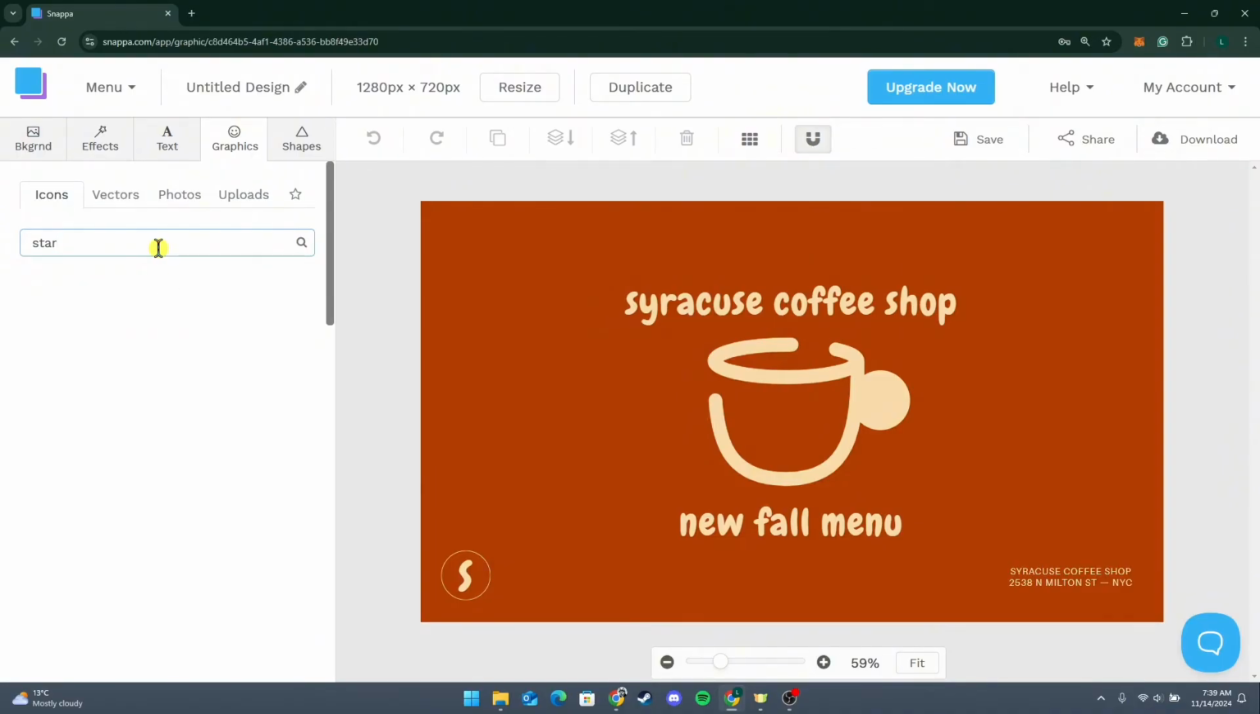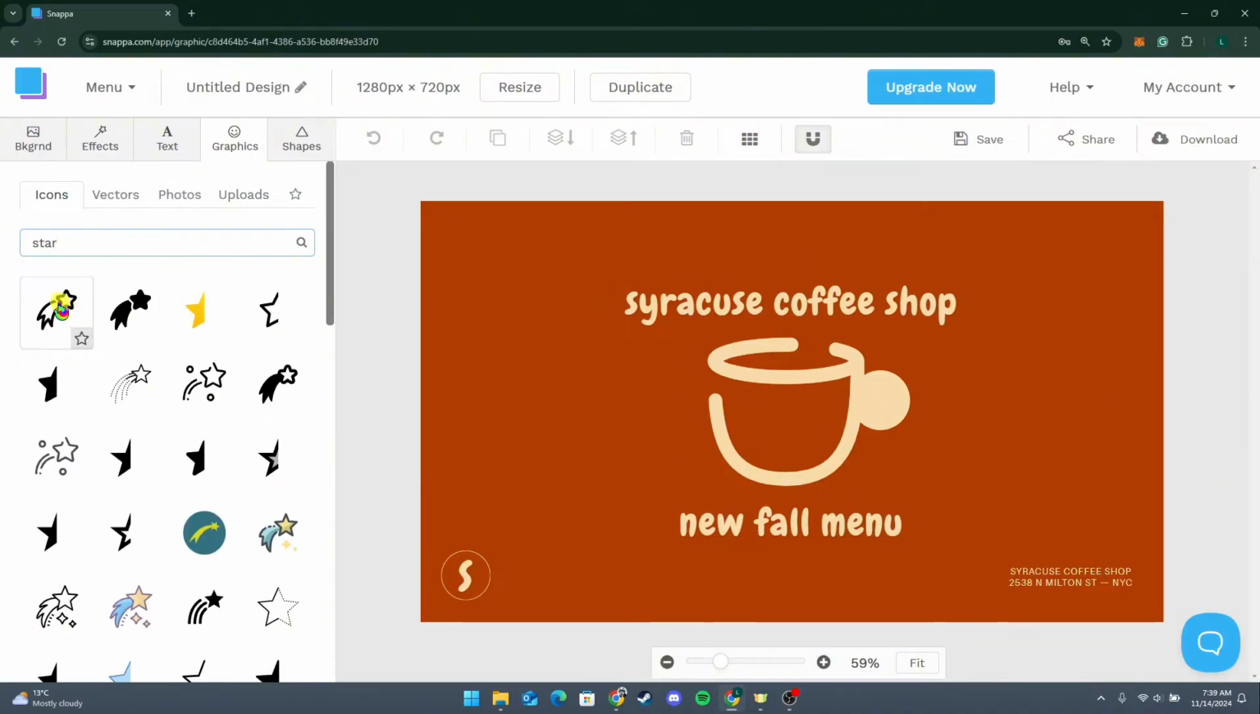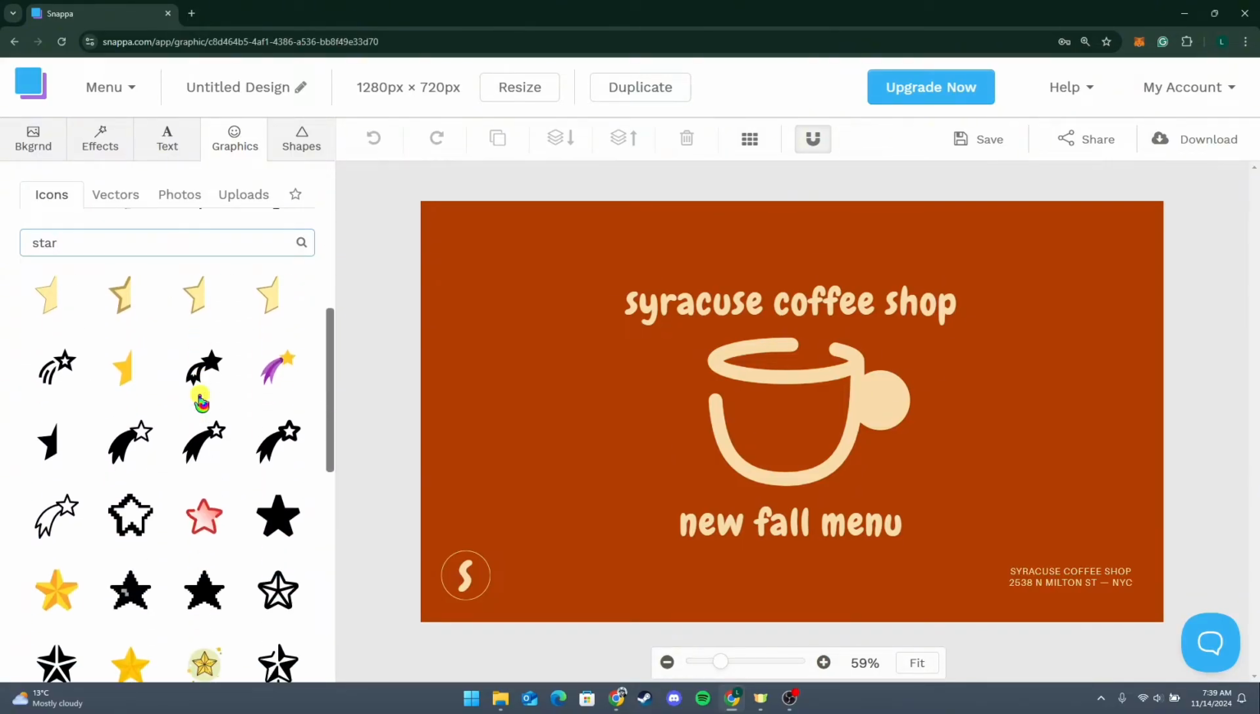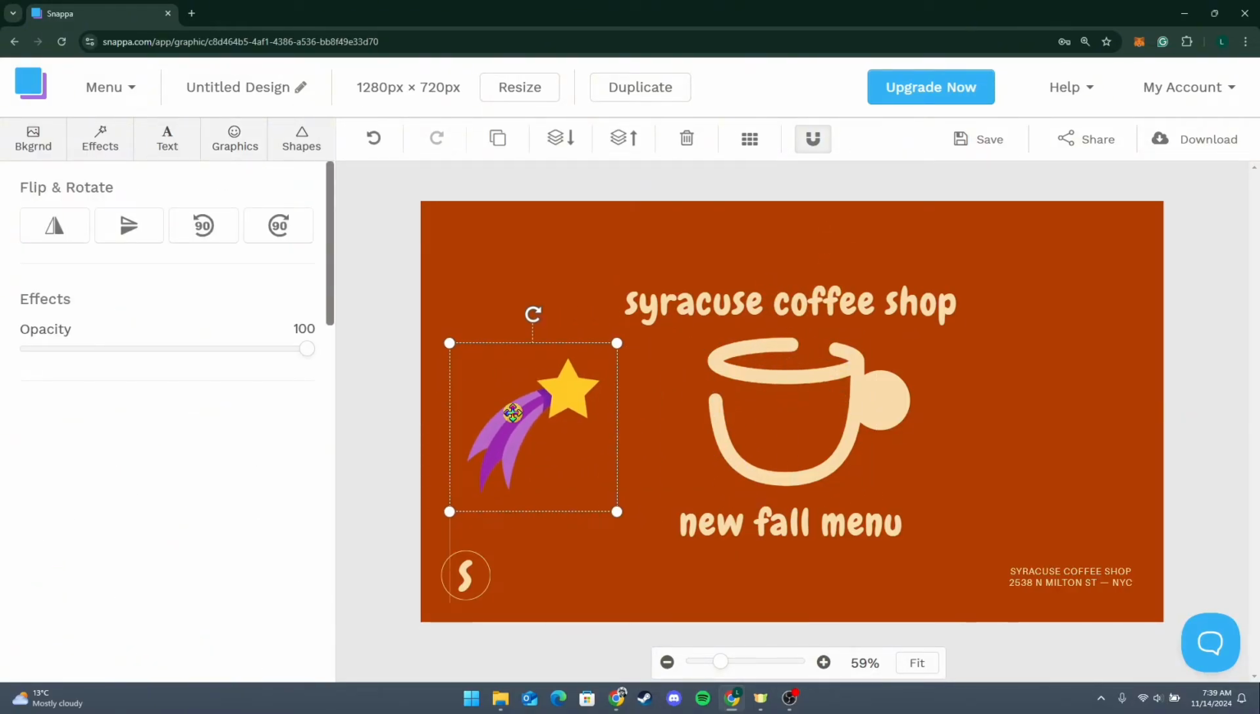Snappa's library includes icons, patterns, and other graphics elements to help you create more engaging designs. Once you find the graphic you want, click on it to add it to your canvas. The graphic will appear in the center of the design, and you can drag it to position it wherever you